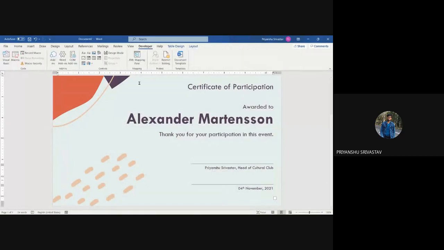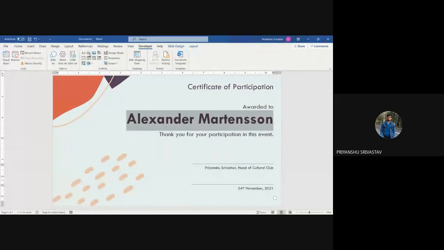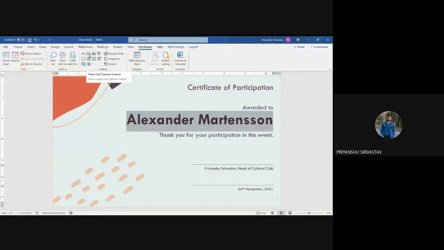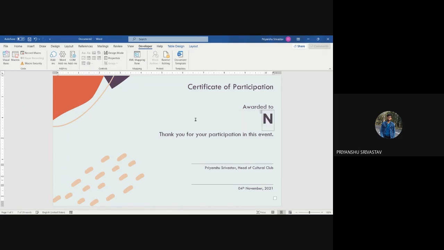I have to click on it. So here it gives the controls of the document. Since we want to insert the name dynamically and it will be a text field, so let us click on the name, and here you can see that there are several options available. For example, if we want to insert the image, we can use picture content control. Next we have building block gallery content control, and we have different content controls. So since we want text content control, we have to click on plain text content control. Yeah, I clicked on it and see that name is now vanished and it is changed with click or tap here to enter the text. So we can edit this message like I can type name.